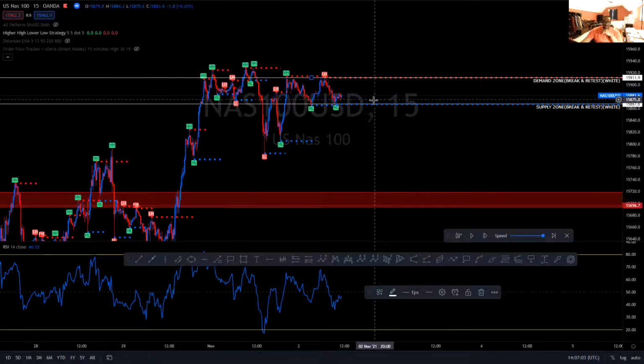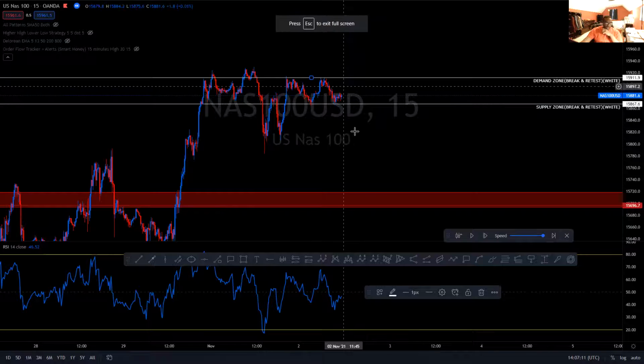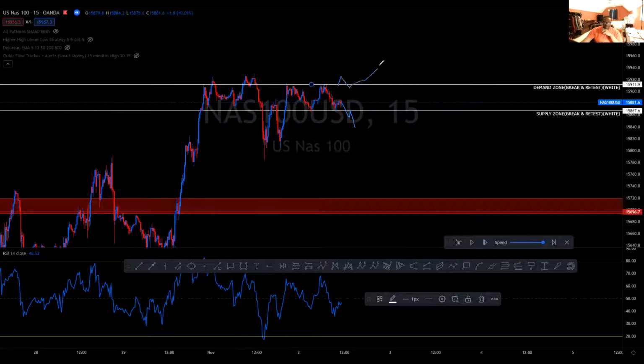So I put these on, and then basically I turn this indicator back off. And so then once I do that, ultimately I'm waiting for a break and retest out of one of these areas, either down to here or price break and retest out to here. That's going to determine whether I'm going to buy or sell. Then once I have determined that, then